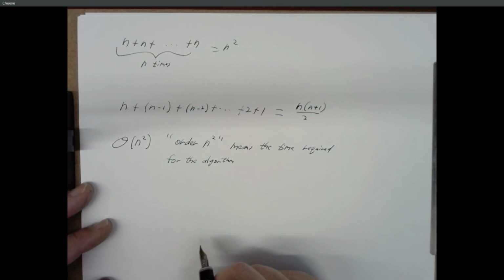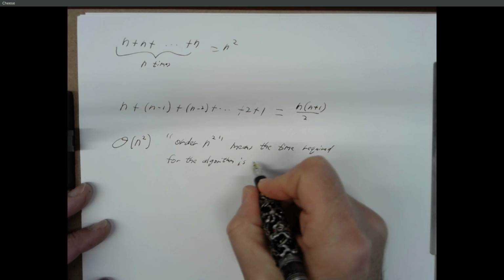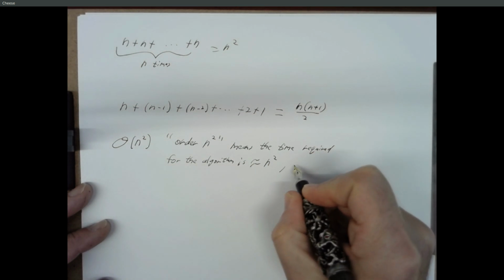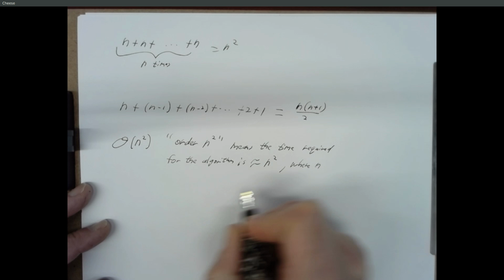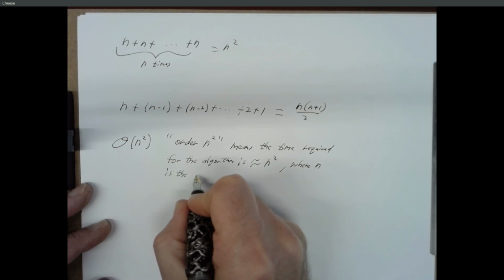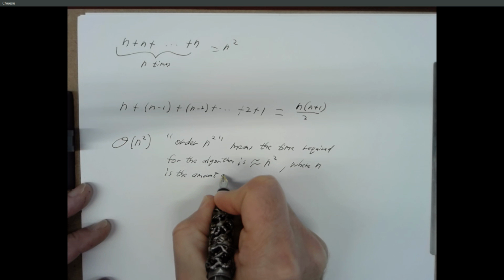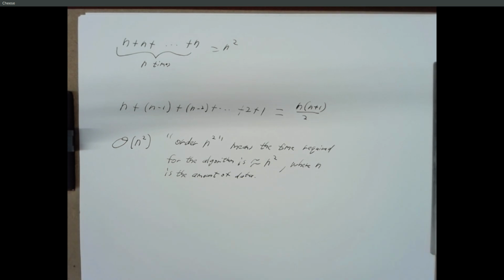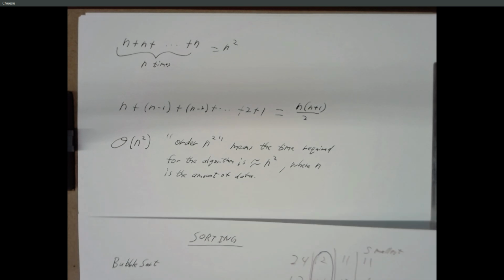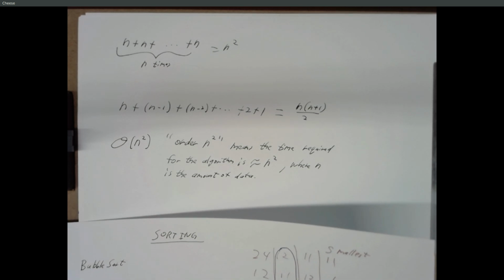So order n squared means the time required for the algorithm is approximately n squared, where n is the size of the data, or the amount of data. So n squared what? N squared seconds, n squared microseconds, n squared years? Don't know. Okay, so this is the first thing about this big O notation. We're not talking about time, we're talking about numbers of steps, where the idea of step is kind of loosely